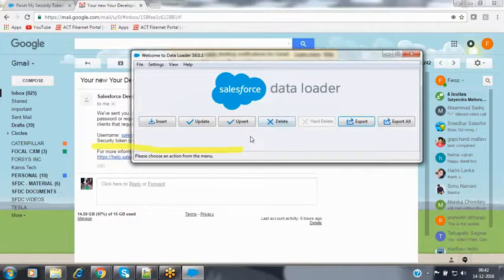Firoz, is that OAuth for single sign-on, or for REST? Yeah, for single sign-on or for the REST API, we can use that OAuth token. We have to generate that OAuth token by configuring a connected app, and then use that OAuth token in your data loader to authenticate. So from the SOAP UI tool, I can insert data using that way? Yeah, we can do that, because that is an authentication token.